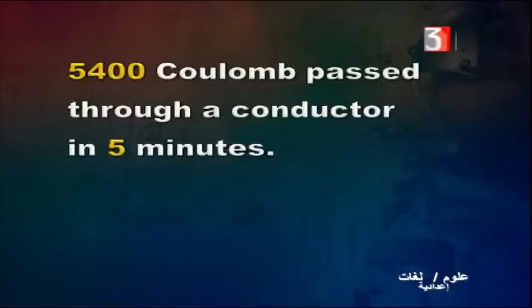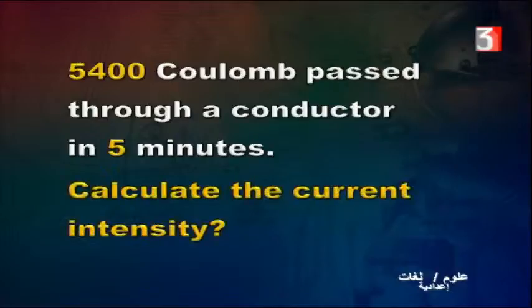Okay, let's have a problem. 5,400 coulombs pass through a conductor in 5 minutes. Here we have the quantity of charges, which is 5,400 coulombs, and the time is 5 minutes. Calculate the current intensity. Okay, here the time is in minutes, and we should use it in seconds. So, the answer is